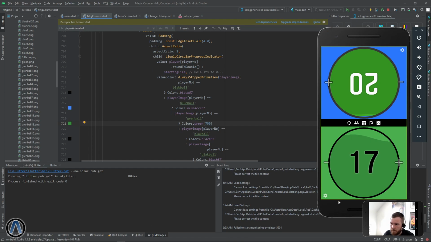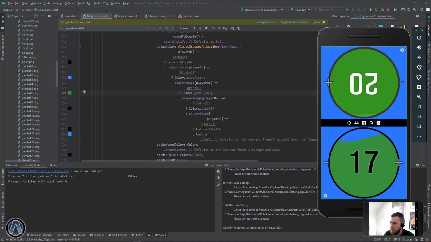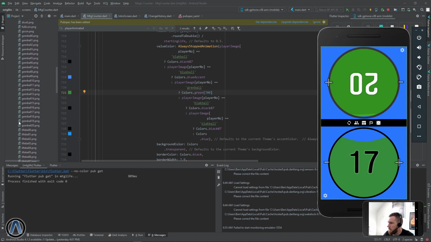I think that one's alright, slightly darker green. So if we try that on a different background, that's all happy. So we've got green,